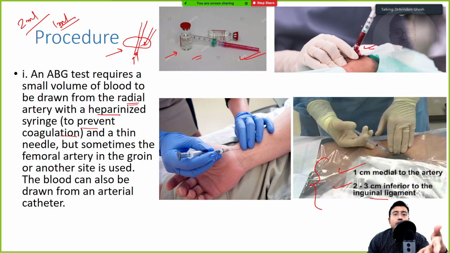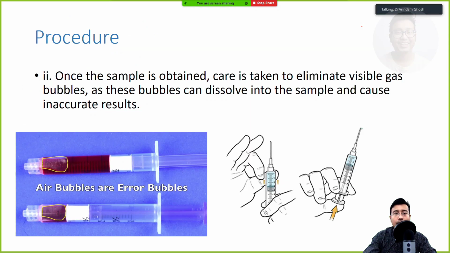So here come a few don'ts. What are the don'ts? Number one is make sure there is no air bubble. Generally when we draw blood or any fluid, we tend to draw in excess and there are some air bubbles in the syringe, and then we push the syringe and the air bubbles are set free. We do this prior to giving an injection and prior to putting the blood sample in the vial. When drawing arterial blood, you must be absolutely careful.